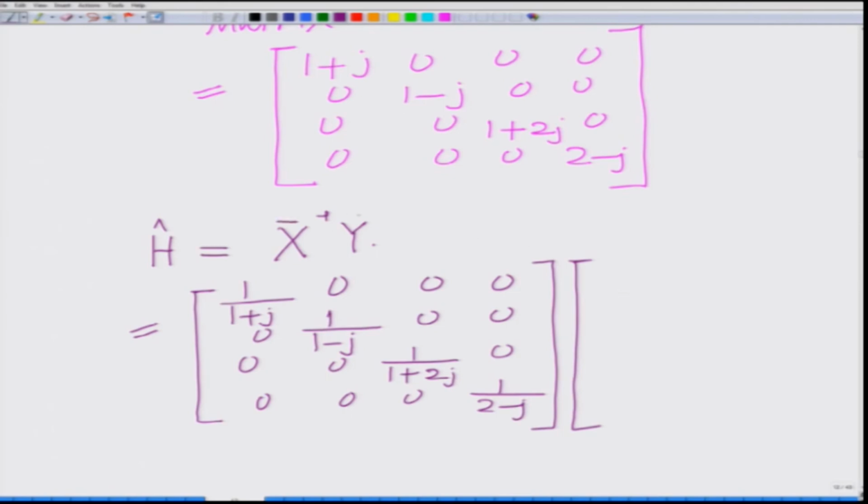So, this is the diagonal matrix X inverse, and this is the capital Y bar, this is 3